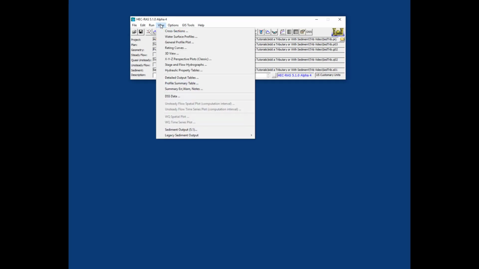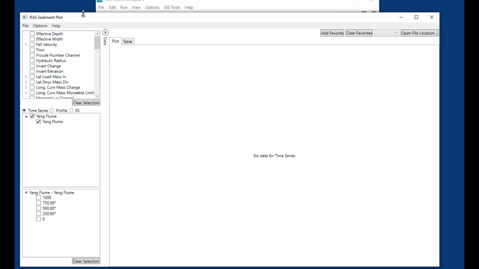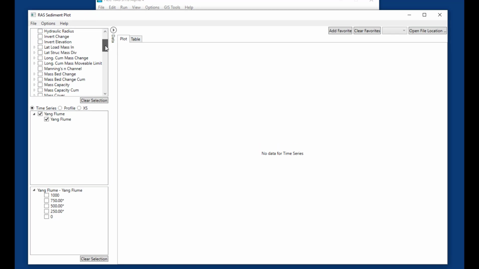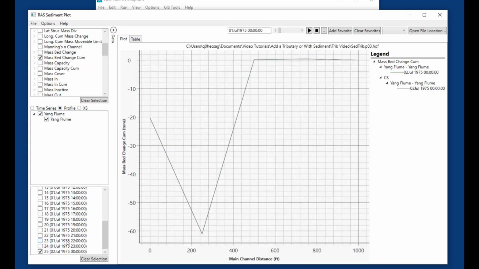So if you want to bring in a tributary, you should bring in the tributary to the cross-section upstream of where the tributary actually comes into the system. So back to our model, if we go look at our sediment output, and we look at the cumulative mass bed change in profile at the final cross-section, what you'll see here now is that actually there's non-trivial erosion at that cross-section downstream of where we brought the flow in,